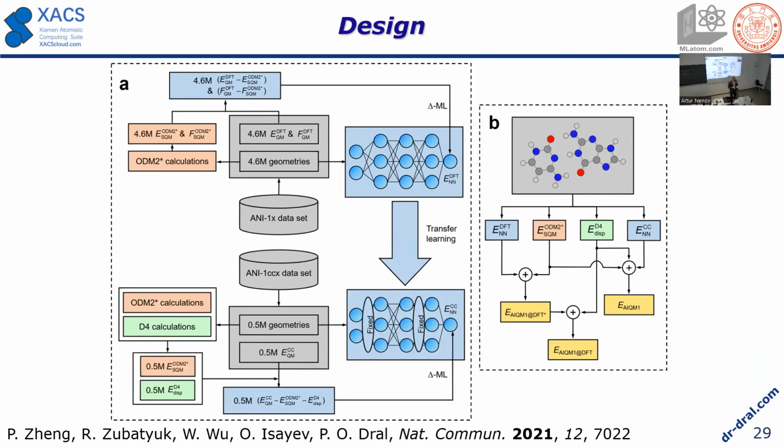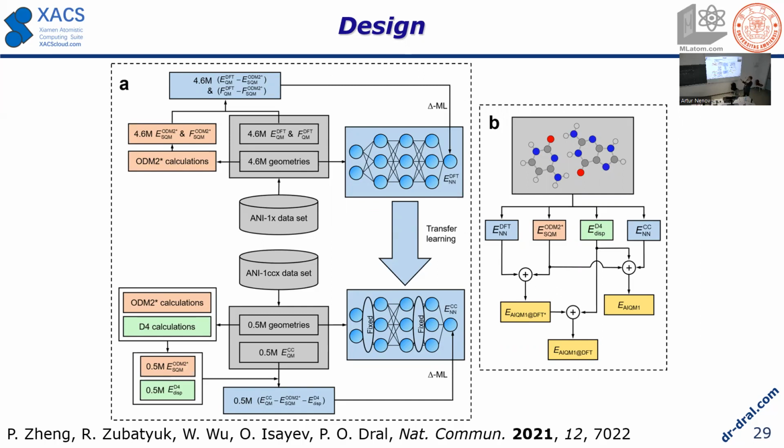Then the design is to make it really robust and applicable to different properties. So I'm not talking about just making one model for one application. I'm talking about models which can be used out of the box, like any other method, for any other application. And this out of the box approach requires a lot of data.